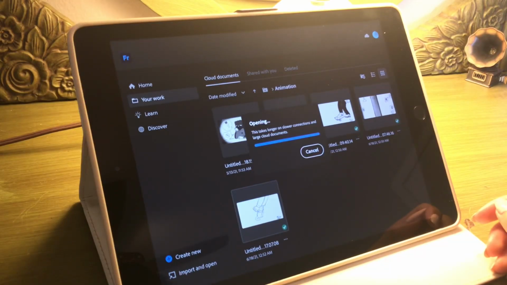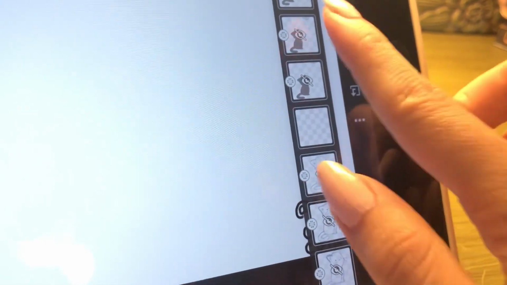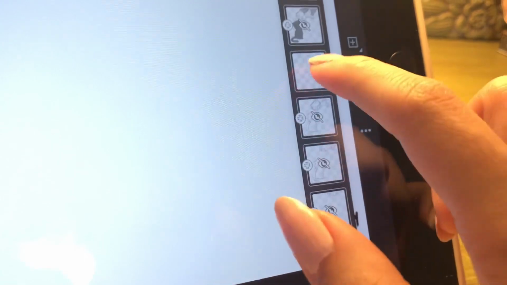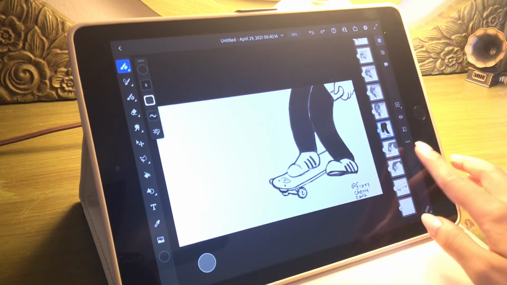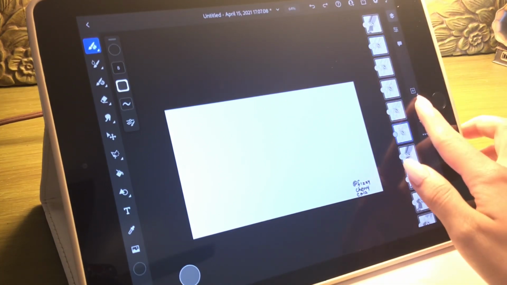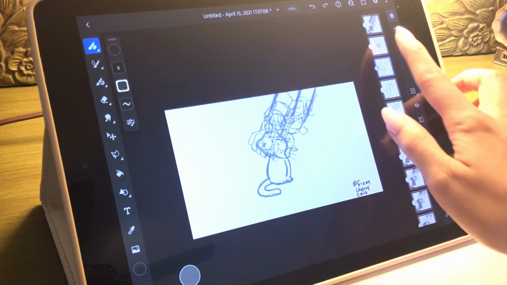So with the storyboard as done as it could have gotten, it was then a matter of going into the program and sketching it out segment by segment, creating a new project for each one. Every 10 frames or so, I would leave an empty layer just so it was a little bit easier to distinguish what section I was working on, especially when I needed to scroll back down through 50 frames to fix something. Since I only had about 3 days to work on this, I didn't bother with color, but I always sketch in blue. That just makes it less confusing than going in with all black or gray.